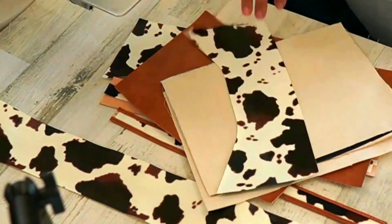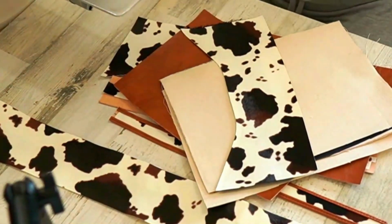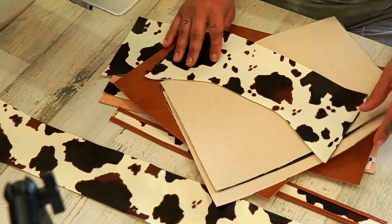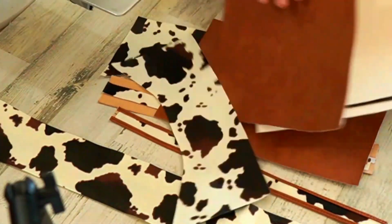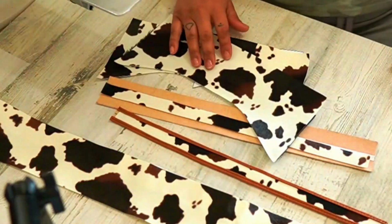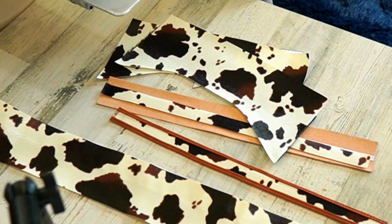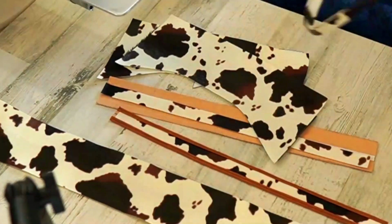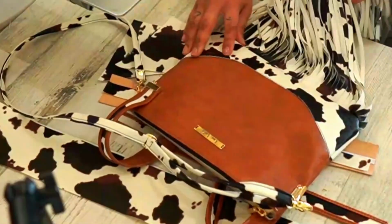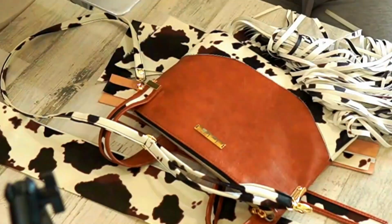All right, I want to go over this piece. So when I made this bag originally, the edges of this piece were exposed along the top of the bag. But this time around, I don't want to have exposed edges. So this is exposed. If I was to leave it exposed this time, I would go ahead and use edge paint